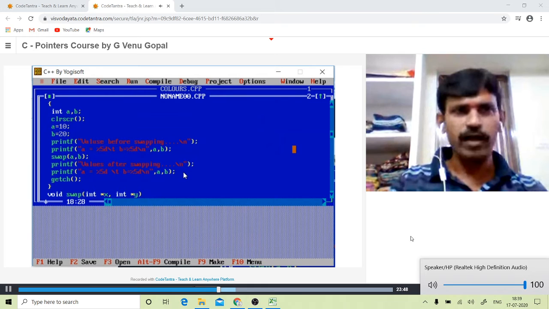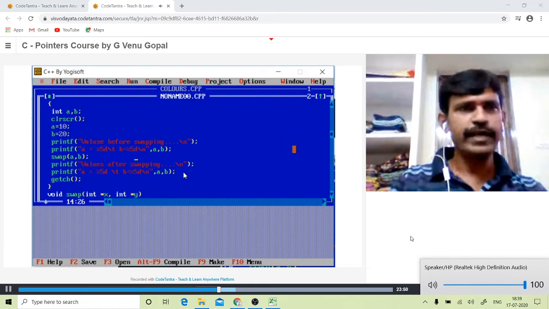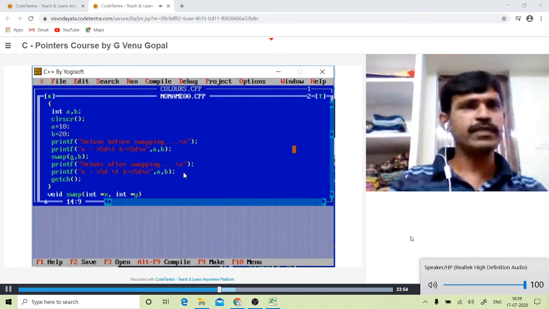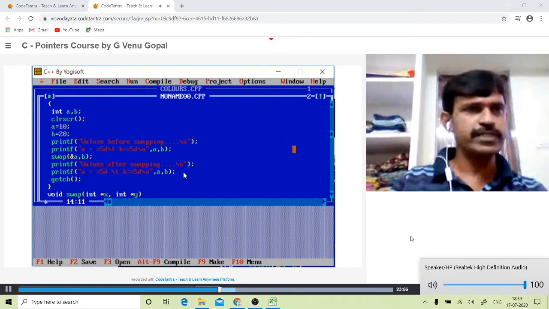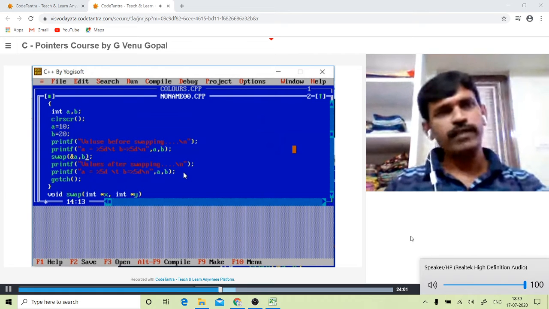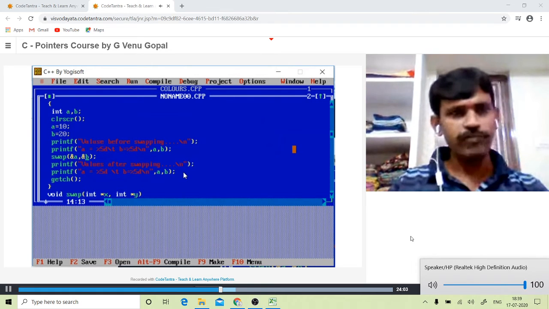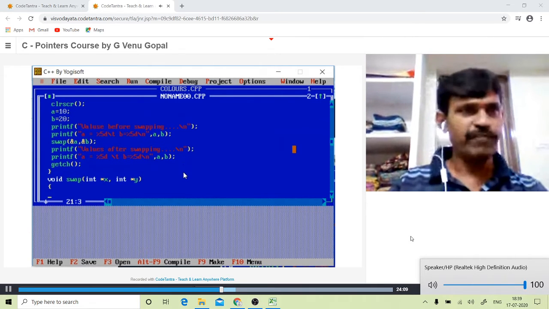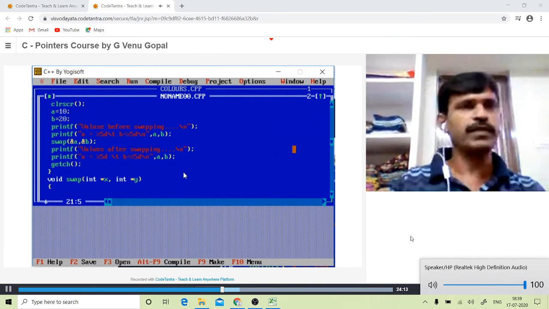But one thing we have missed in the function calling statement, that while passing the values of A and B, we have to specify the address operator because the address of the variable is being sent but not the value. If I mention only A, comma B, the values are passed, but here it is called by reference concept, so it will not receive the values.